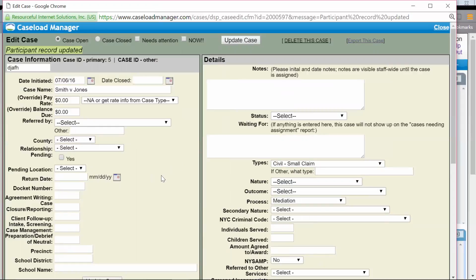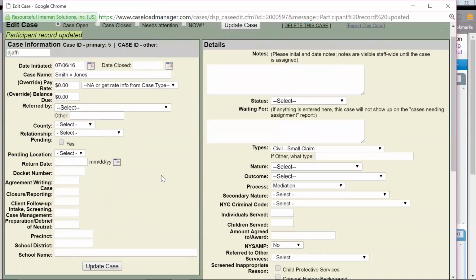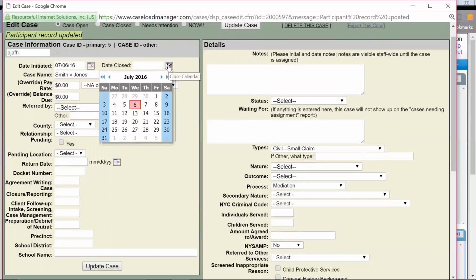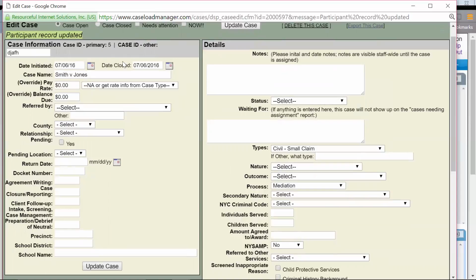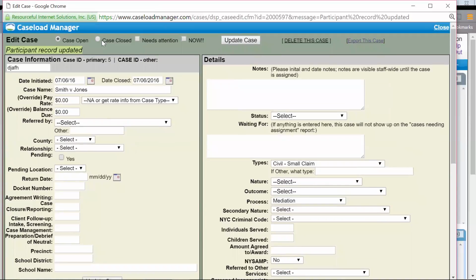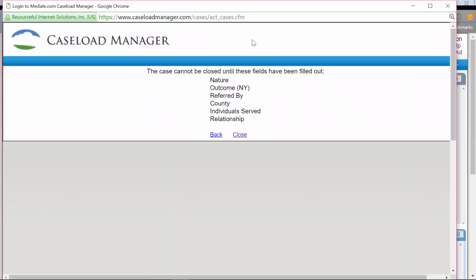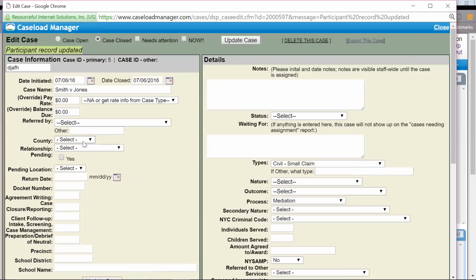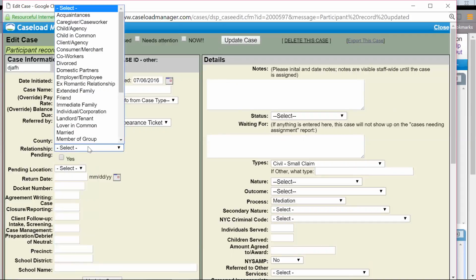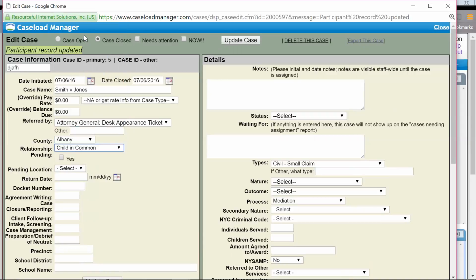Great, thank you. Okay, so now I'm ready to close out this case. To do that, I'm going to come up here and click on Date Case Closed. And then in the upper left, I'm going to click on this toggle button, which changes it from open to closed. Okay, so now let's see if I can close this case. And it's saying, Claire, you forgot to fill out all these very important fields. All right, so I'm now going to quickly go through and make sure that I'm filling out all of the necessary fields for the